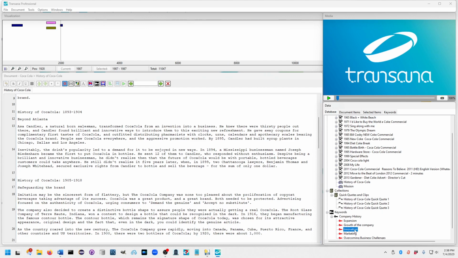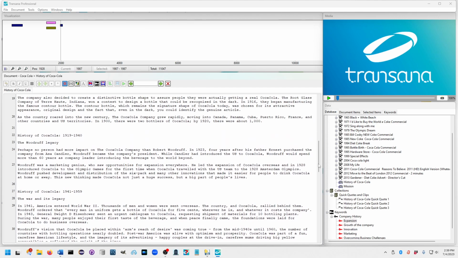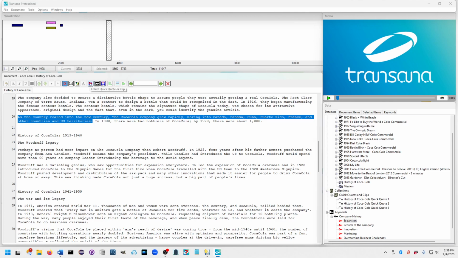Finally, there may be times in your analysis when you want to focus on coding a single concept. To facilitate this approach to analysis, Transana allows you to select a keyword in the database tree and apply that keyword easily to any selection you make in the document. To demonstrate this, we'll select the Company History Expansion keyword in the data window. We'll now make a selection of the document and create a quick quote pairing this text